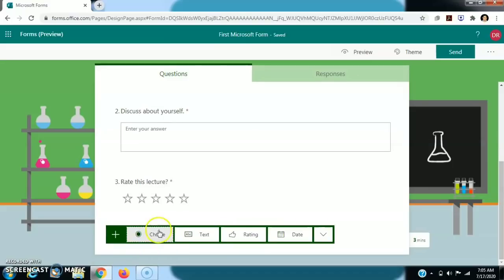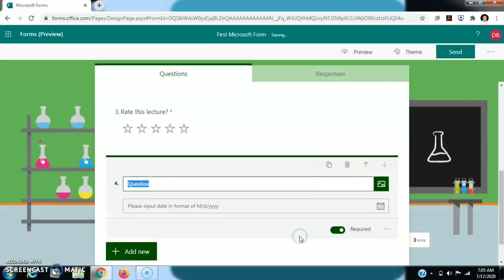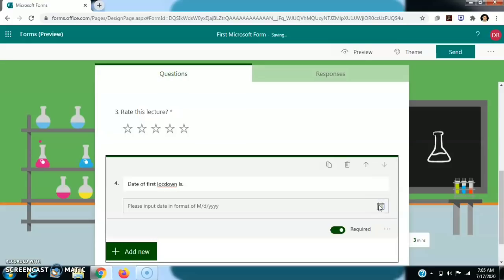Next, if you want to insert a date, then we can insert a date easily from here. Suppose I write a question, date of first lockdown is, then we can enter.